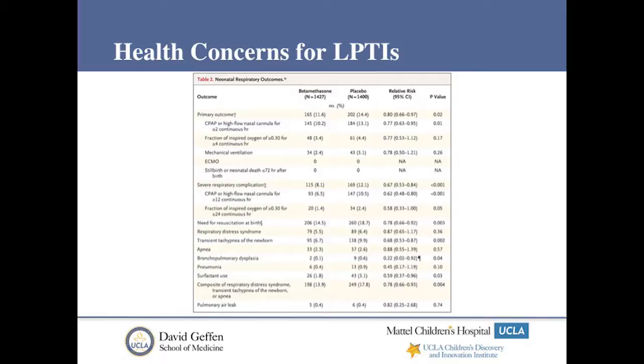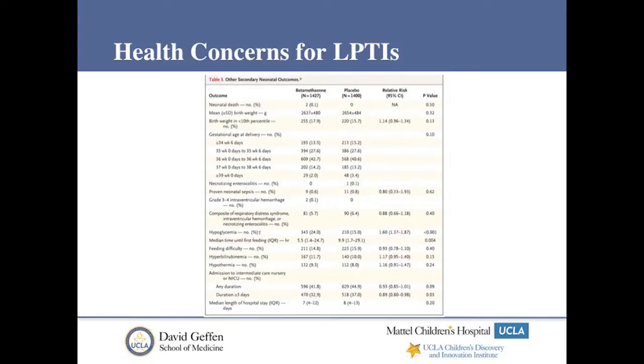But then there were also questions about some of their secondary outcomes. So when you looked at their secondary outcomes, a couple of things stood out. One, hypoglycemia was significantly increased in the patient population that received betamethasone. Well, we just said hypoglycemia is associated with late preterm infants early on, so are you doing something potentially to make it worse? Interestingly enough, when you look at the amount of time that they spent in the hospital,